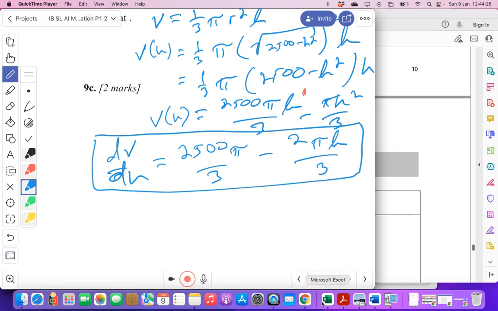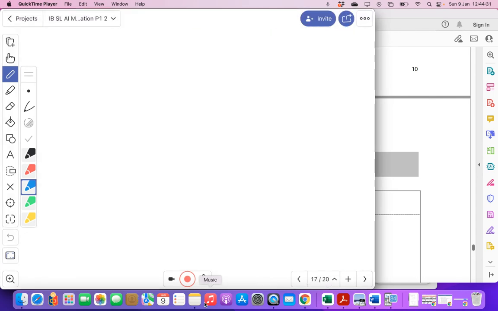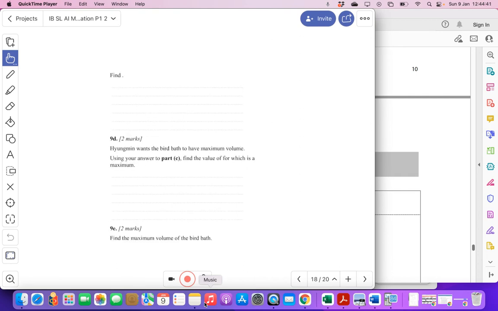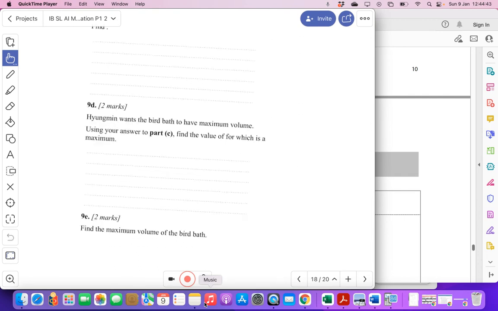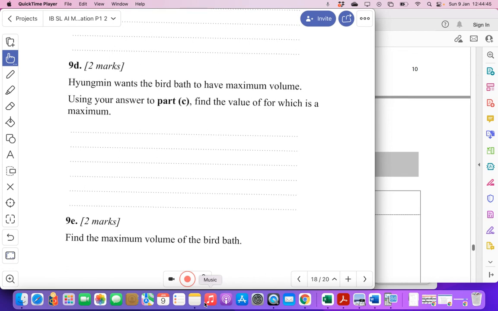And then we're going to be asked to do some optimization. So optimization, we're going to just be setting that derivative equal to 0. Maximum volume. So set the derivative equal to 0 and do a little bit of algebra and solve for h. So we're going to be taking,